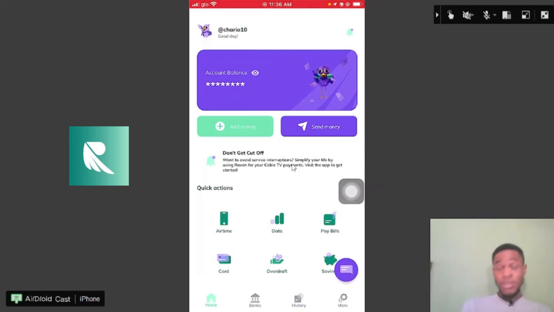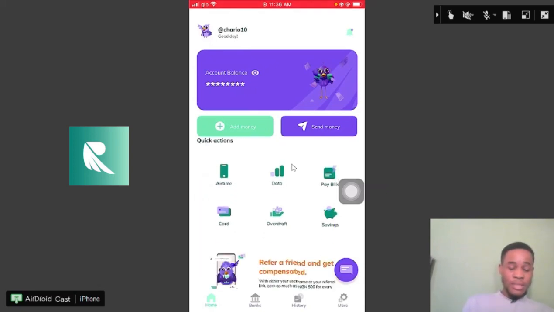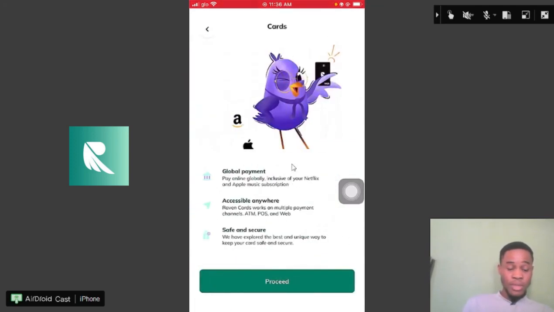Of course, I got it first, and then I decided to use Clashia because I felt Clashia was a little bit better. Now that is the other app, you understand. I decided to use Clashia, but then Raven is nice actually. It's one of the apps that you can use for your online payments, and this is how you go about it. But the difference between Raven and Clashia is that with Raven you have to pay a little